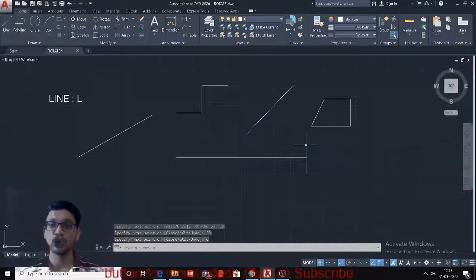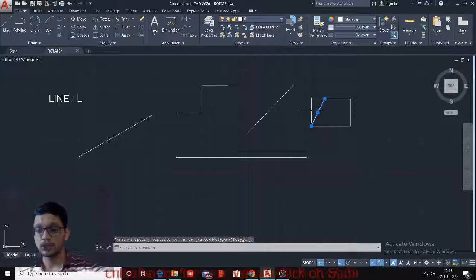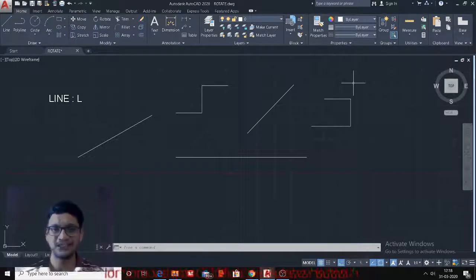Okay, if you don't want to close that line command, you can always press escape, which terminates a line command. So this is a basic simple line command with two options, that is the undo option and the close option, and using ortho you will draw a straight line, and using polar you will draw the angled line. Okay,